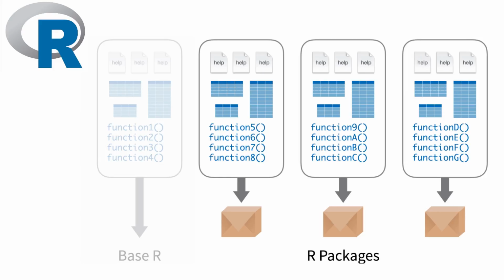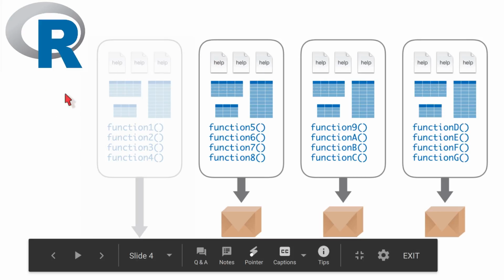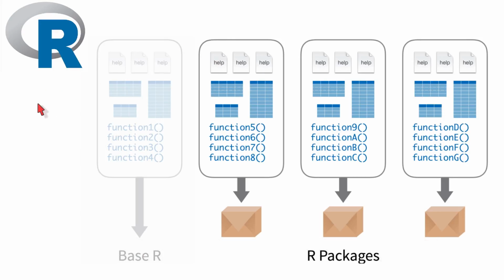And this shaded area here refers to what's called base R. So when you install R, it comes with some features in something that is called a package. So a bunch of things, we can call them a package, and the basic package that comes with R is called base R. So a package includes, of course, the programs, which in R we refer to many times as functions: function 1, function 2, function 3, function 4, and so on.